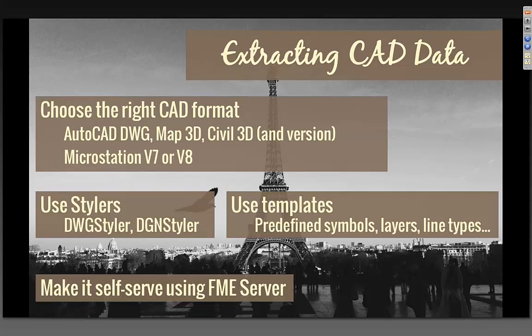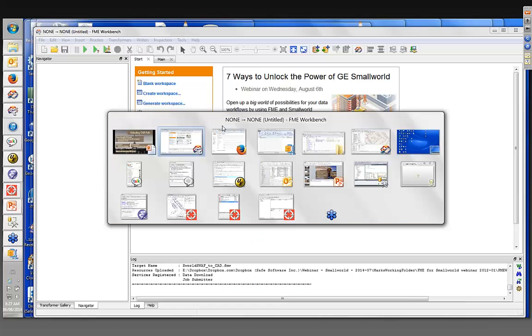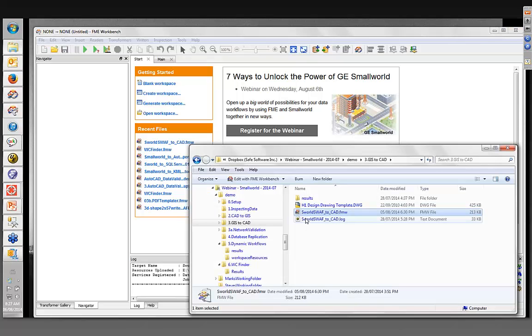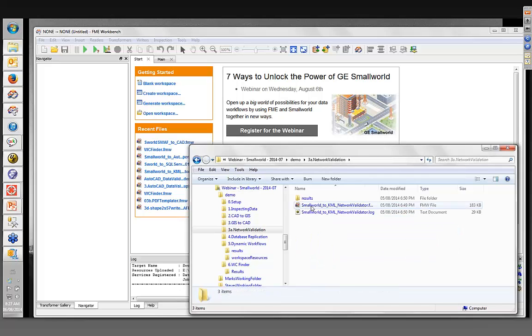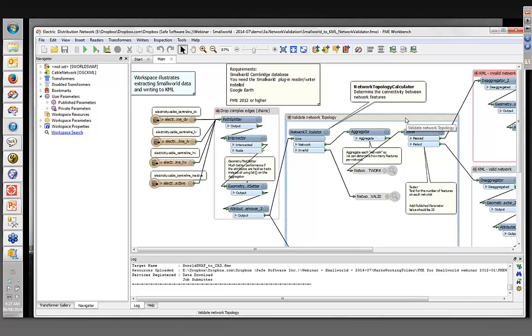I mentioned that you can do network validation in FME as well, and so I've got a very short example here that we can look at. This can be done either during the data load, or after you've done the data load to look at the results and make sure that the data that you loaded in has actually loaded successfully and that they do form a contiguous network if you're adding additional features. So here I'm just reading the cable data, and that includes those proposed cables that we added